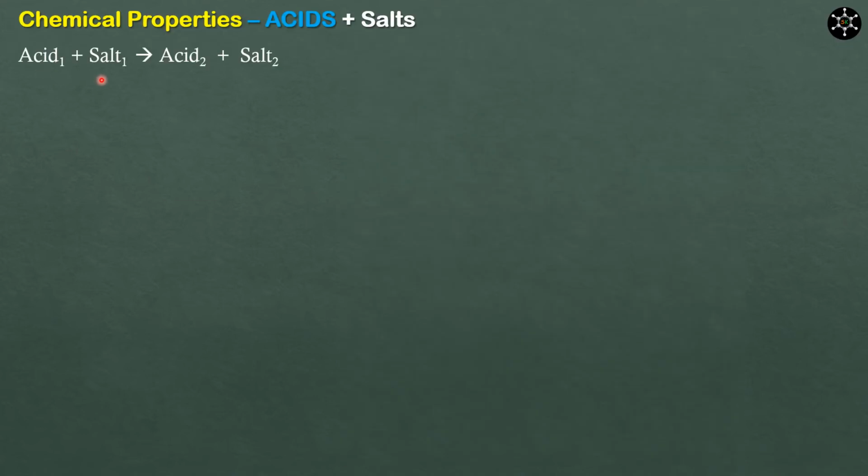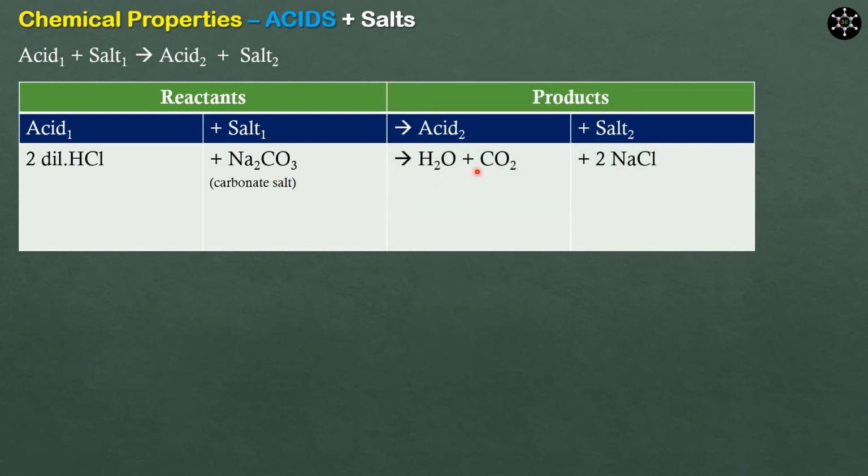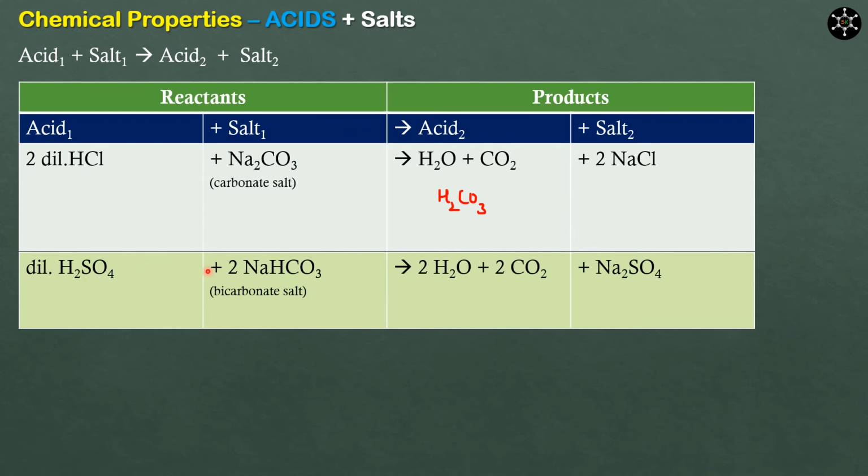Acid reacts with salt to give another acid and another salt. Example, when HCl reacts with carbonate salt, it gives us water, carbon dioxide and the salt sodium chloride. Carbon dioxide in water is nothing but carbonic acid, that is H2CO3. So, acid reacts with the salt to give another acid and another salt. In the same manner, when acid is treated with bicarbonate salt, it gives us the same products: carbon dioxide, water,